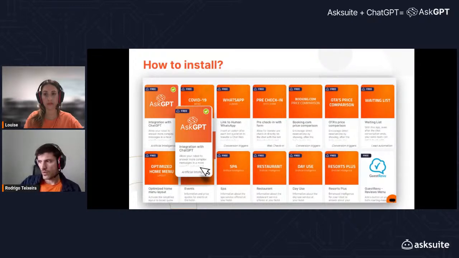So we chose to keep it out of this first version, but now we are already developing this filter to solve this issue. It's our number one priority in our Ask GPT cell here in our team. We will be ready soon to do it.